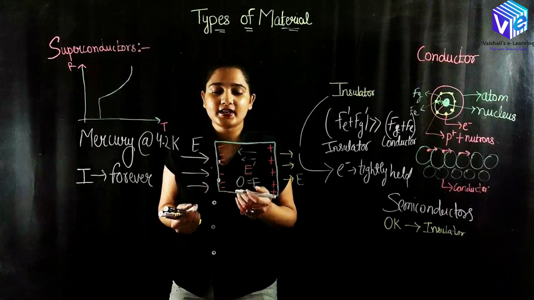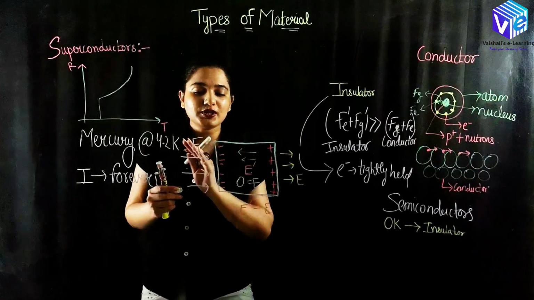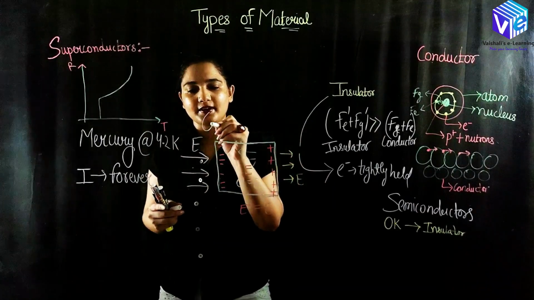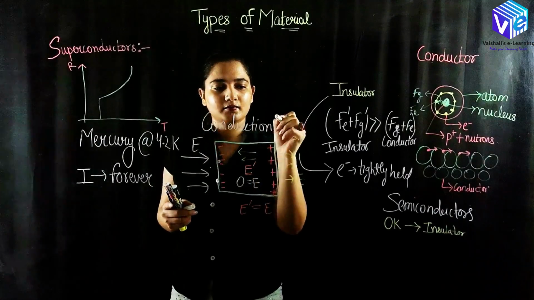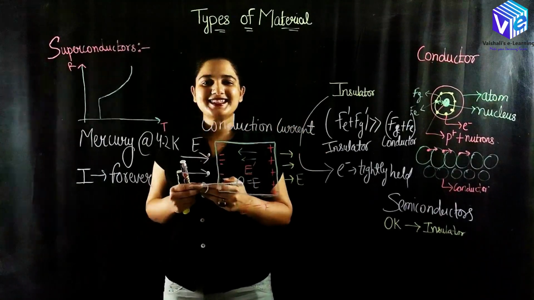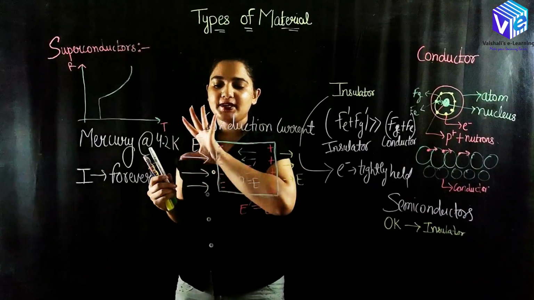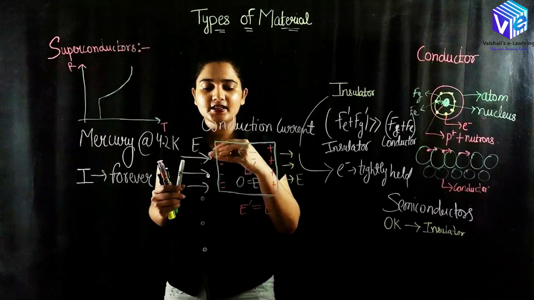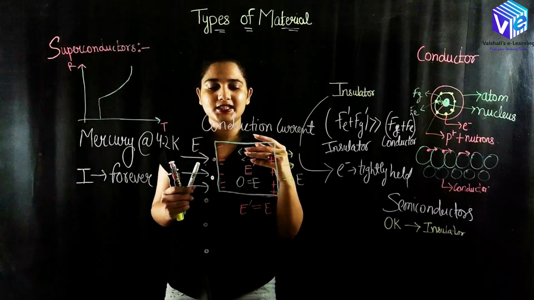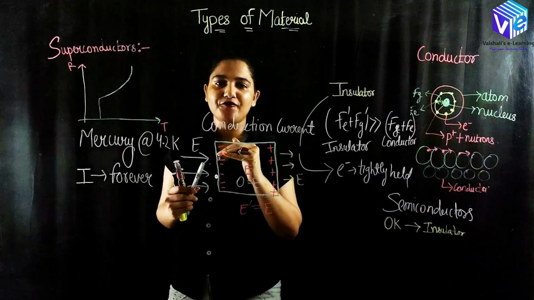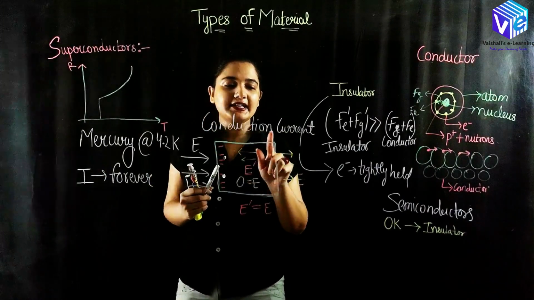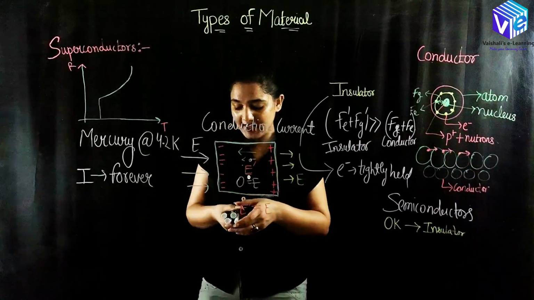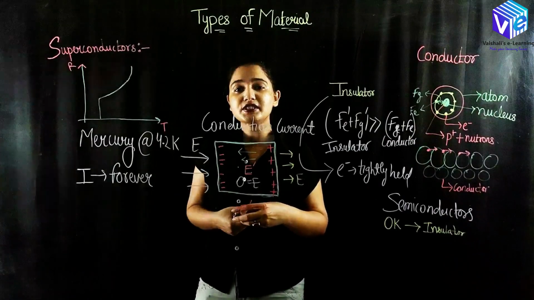Now what is conduction current? The current produced due to this external electric field in the conductors is the conduction current. I hope this is clear. We have an external electric field, due to which our electrons are moving in the opposite direction of the external electric field, and due to the movement of electrons a current is produced, that is conduction current. Now convection current. Convection current is actually produced in the case of insulators.